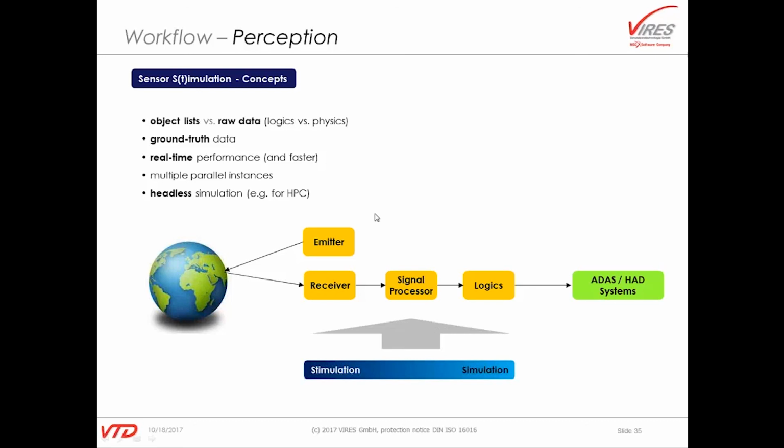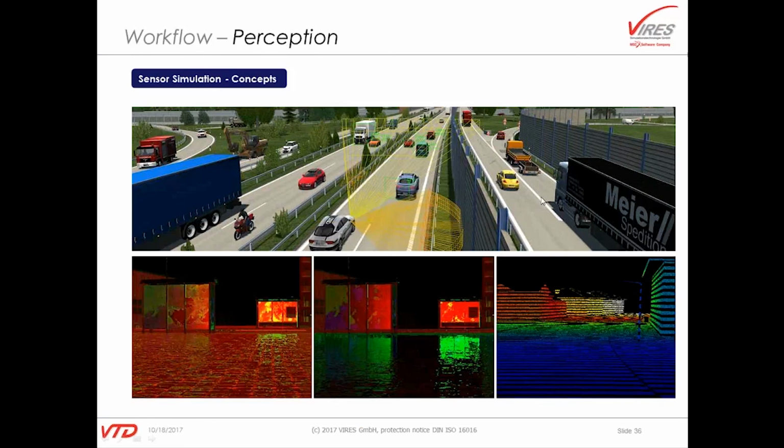The sensor simulation in our software can be done in various quality levels. The basic level that you may all know is that you can use object information, like shown here in the top picture. You will use objects that are within perfect sensor cones, and you will report back the positions of all of these objects. You can have a couple of sensor cones around your own vehicle or around other vehicles, which will just provide you with object list-based information. That's a good means just to feed a function with object lists and to see how a function reacts.